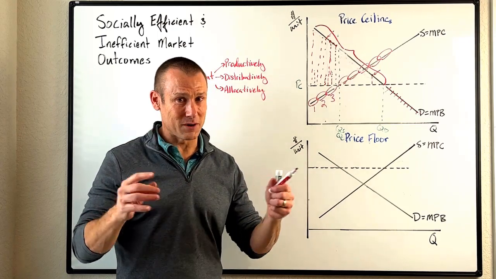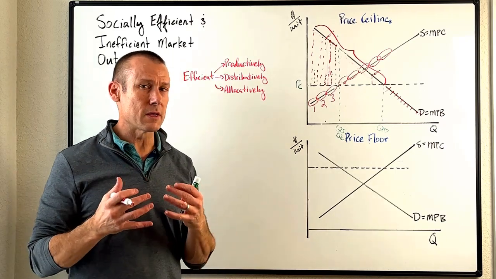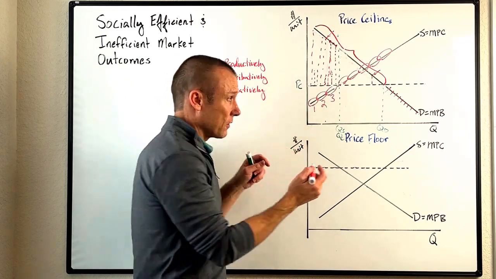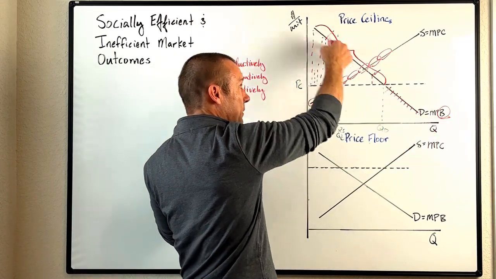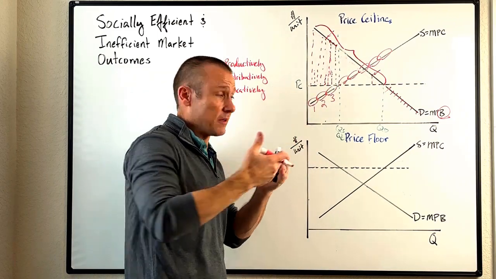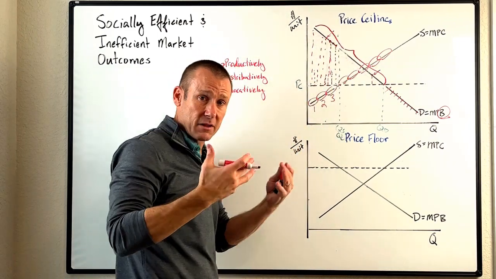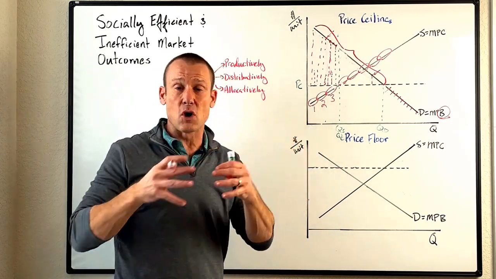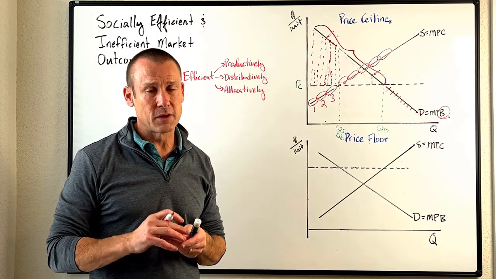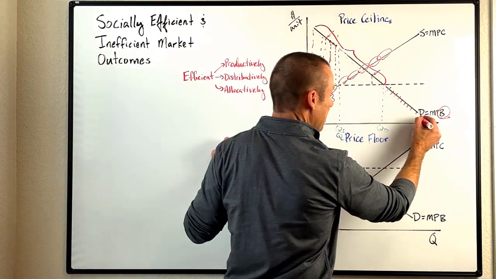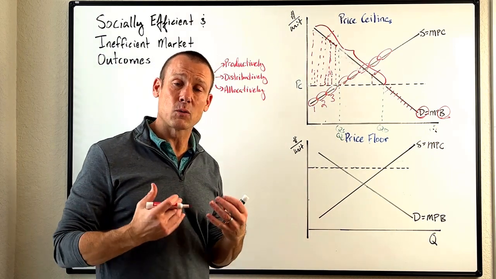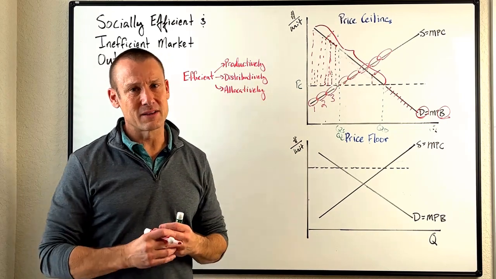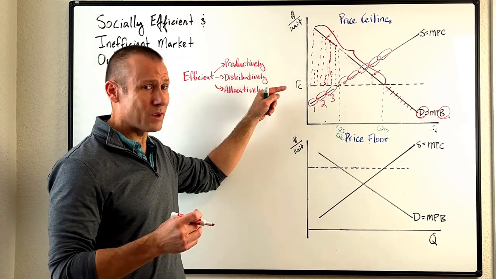Now, there's even more complexity here, okay? What do we mean at first when we say those who value it the most? Those whose expected benefit from the good, and this is a benefit line made up of dots showing their expected benefit, don't get the good. Those who put the highest expected benefit on the good don't get the good. We're not distributively efficient. But the complexity is demand is not just based on willingness to buy the good. It's based on ability.